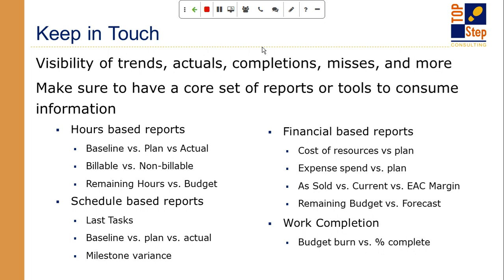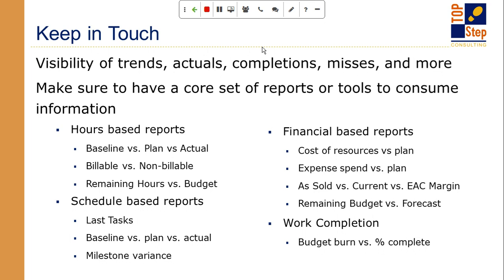Now these schedule-based reports, depending on how you do your scheduling, you'll want to understand how you're keeping on track with scheduling. So in some PSA tools and some techniques, the schedule is actually a cost schedule. So if I plan to burn $100 worth of cost and I only burn 90, then I'm behind schedule. And when I mean schedule-based reports, I'm actually meaning date-based reports. So were we supposed to hit this deliverable on the 15th? It's the 17th now. Did we meet it? Yes or no? And if I haven't met it, I would want a report that says, by the way, we're behind on this task or we're behind on this milestone.